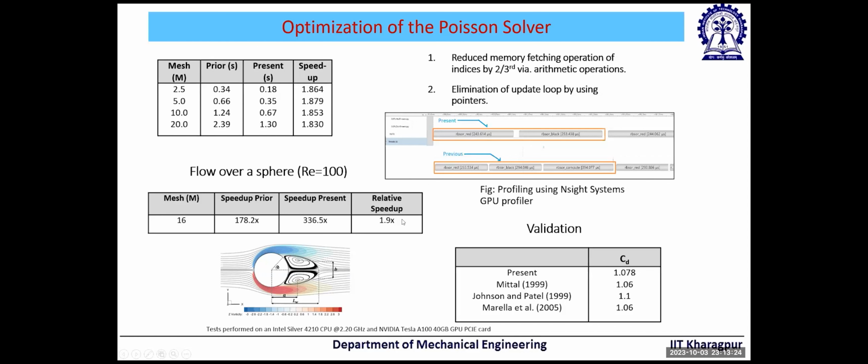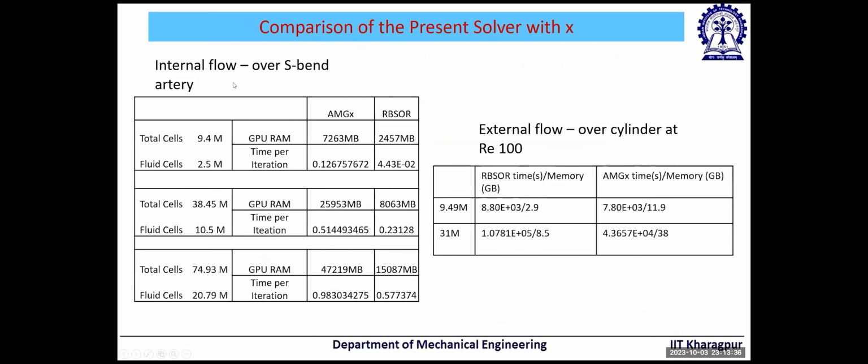So nearly 1.8 to 1.9x speed up is obtained without compromising the accuracy. We have shown the validation results, comparison of our results with benchmark solutions here. That was for external flow cases. For internal flow, you are also getting good speed up, and when we compare our solution with AMGX, which is